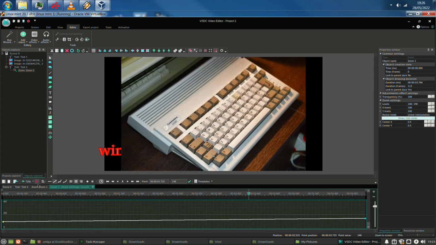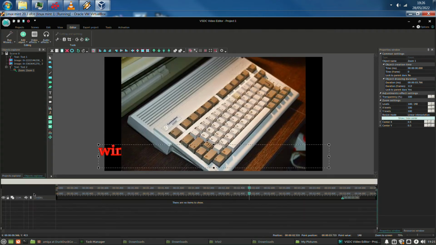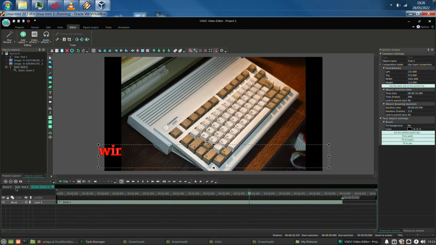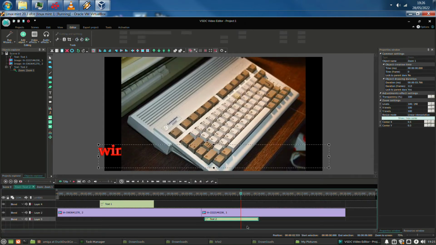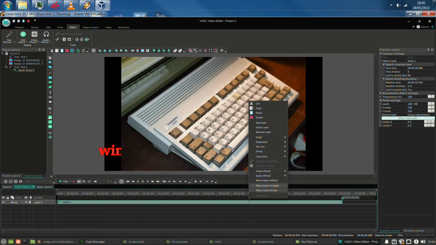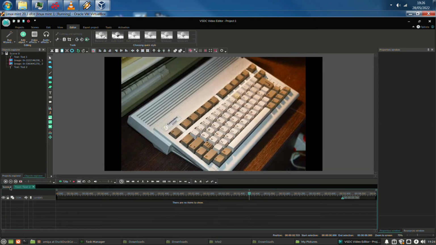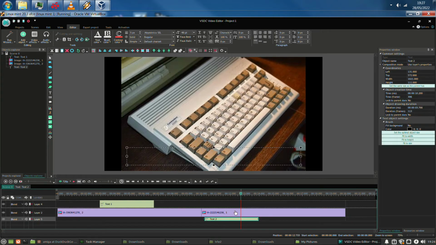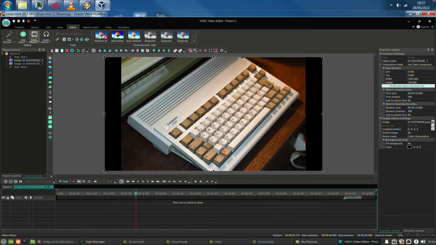Oh, what's it doing? What have I done there? It's a little bit laggy. Oh, I put the zoom on the text, whoops. I didn't mean to do that. You can move the text around, but I meant to move the picture. What a moron. You click inside that, you go to transforms, you go to zoom, you put it in there,